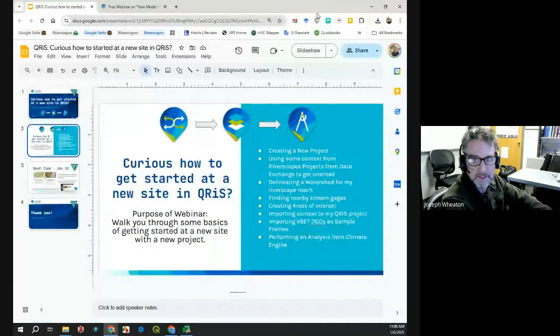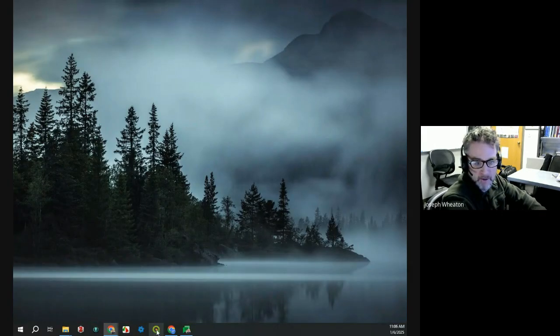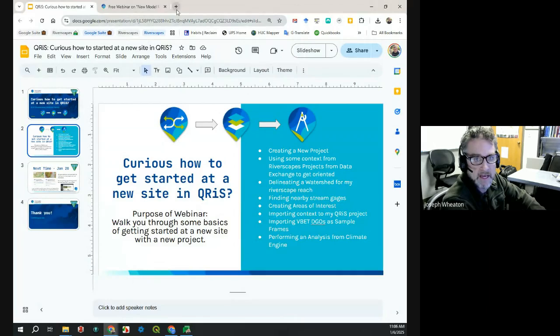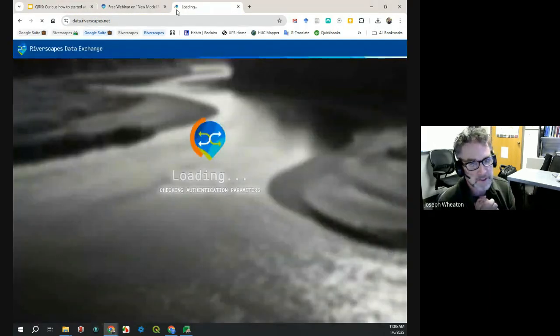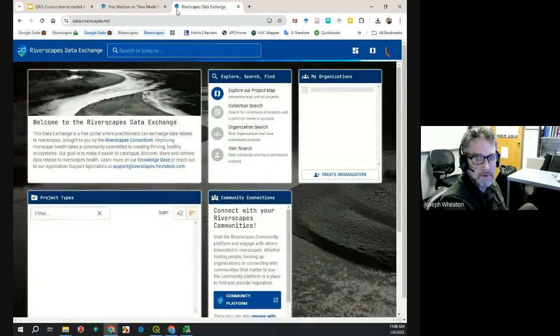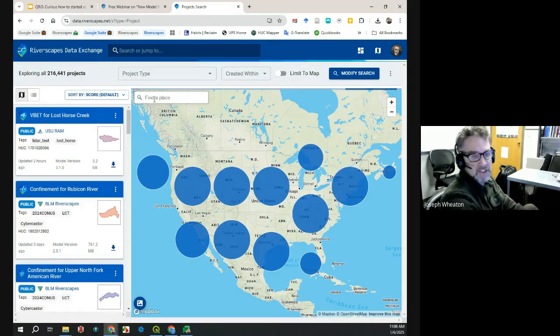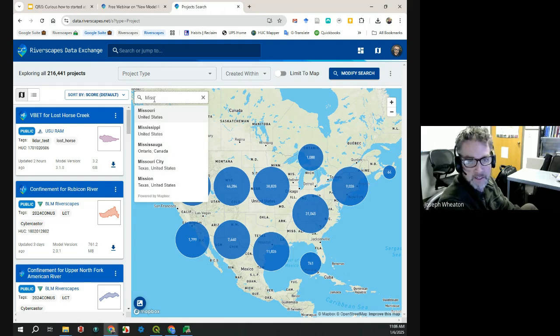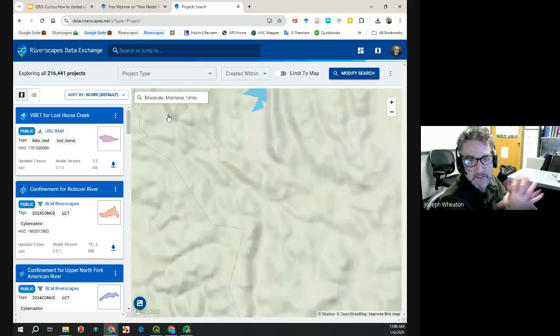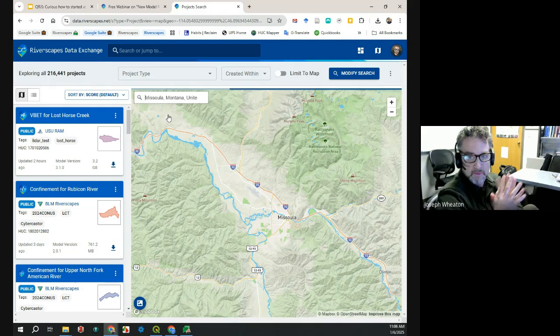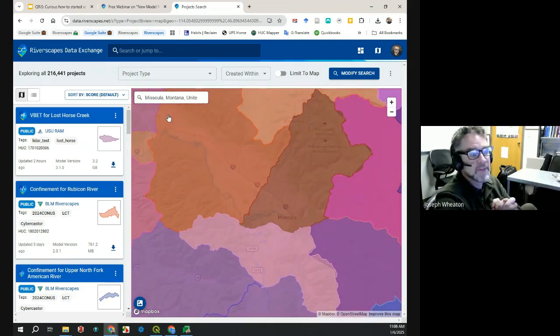Okay. So I'm going to go and start QGIS in the background here. And then in addition to that, I am going to go to the data exchange. In some of the past webinars, we've talked about how you can go and find stuff in the data exchange. And so our first step here, we're going to choose a location on the map. I'm going to choose Missoula if I can. And so I'm zooming into an area where, let's say, I'm thinking about working,